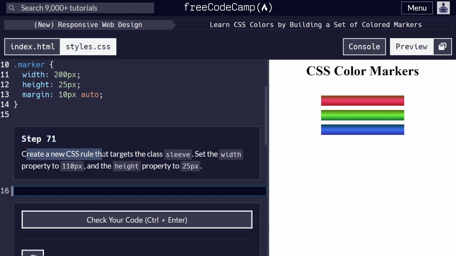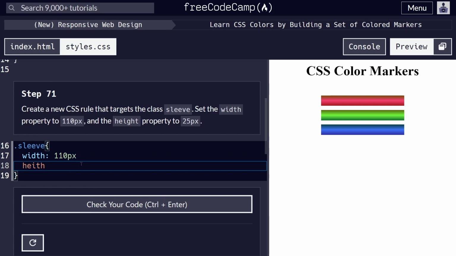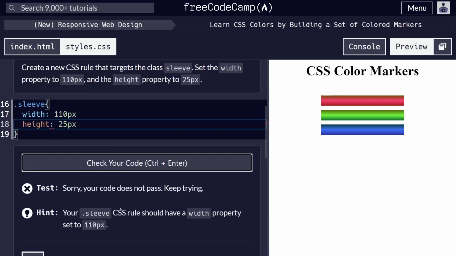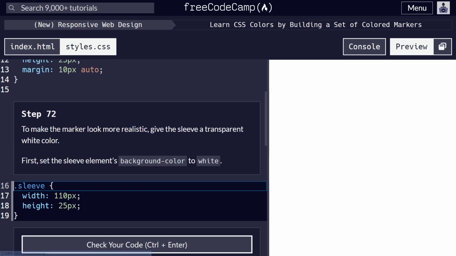Step 71. Create a new CSS rule that targets the class sleeve. 看，要叫它了，把它从 HTML 里面叫出来了。Sleeve，给它打括号，set a width property to 25 pixel and the height property to 25 pixel. 没有分号啦，傻瓜。